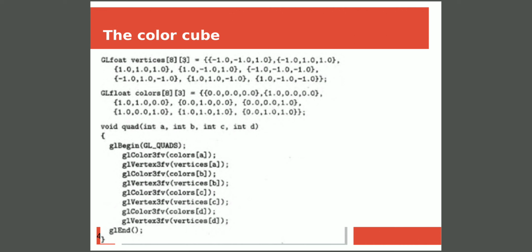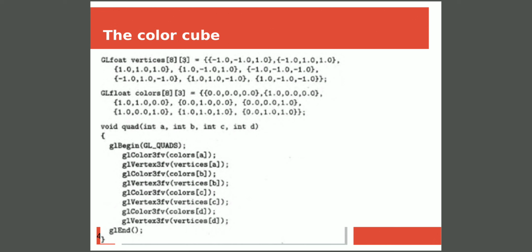As I said, in the colored cube, we are going to specify a different color for each vertex of a face. So before specifying the first vertex of a quadrilateral, we need to specify what its color should be. To specify the color for a vertex, we are using the glColor3fv function. Again, 3 indicates we are going to display the cube in a 3-dimensional system. F indicates we are going to specify color values as float values. V indicates we are passing an array as a parameter.